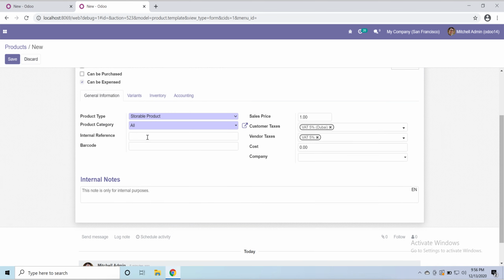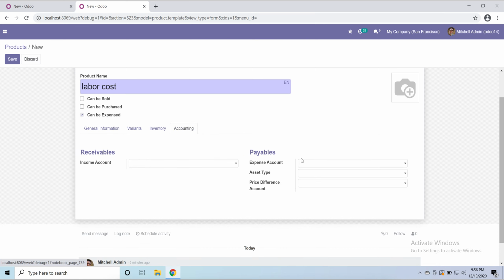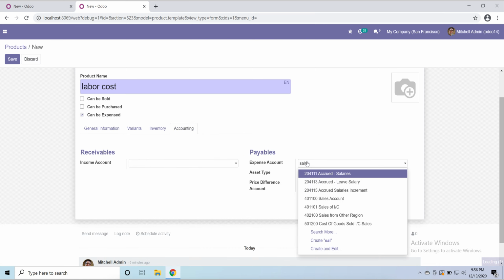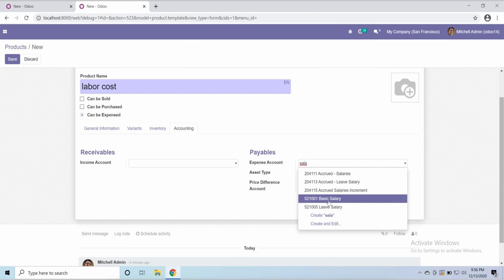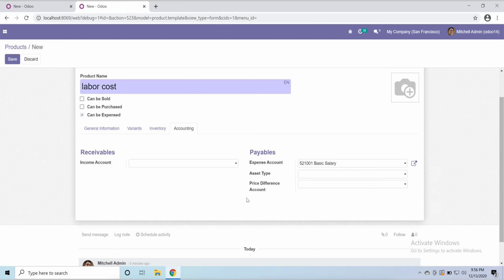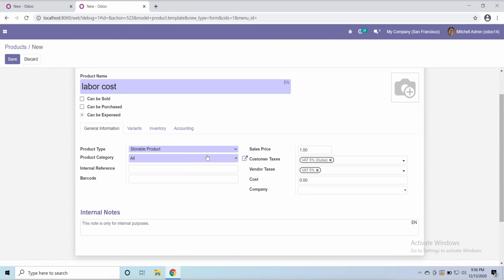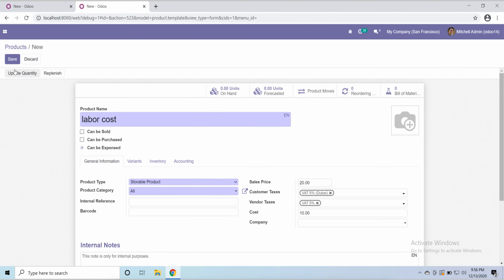And just go to accounting, choose here if already available. Okay, I'm going to create, choose here basic salary, but it's better if you go and create one labor cost account or ledger. I choose here, go to journal information, the sale price 10, the cost price 10. No need for a sale price, only cost, because it's an expense. Now save